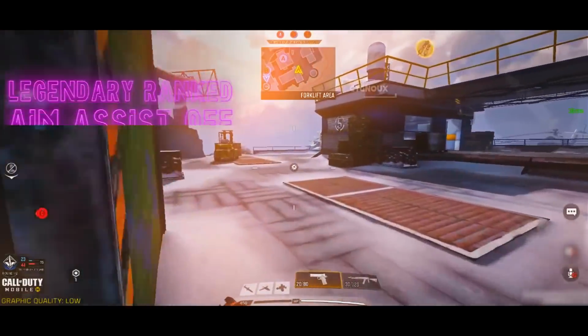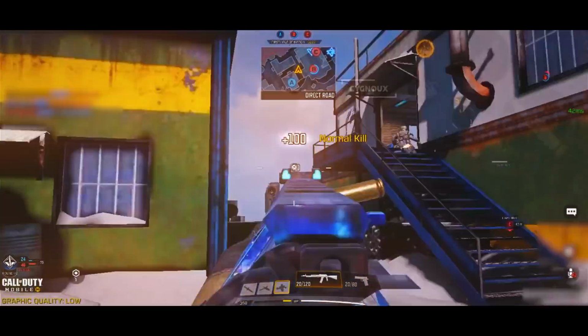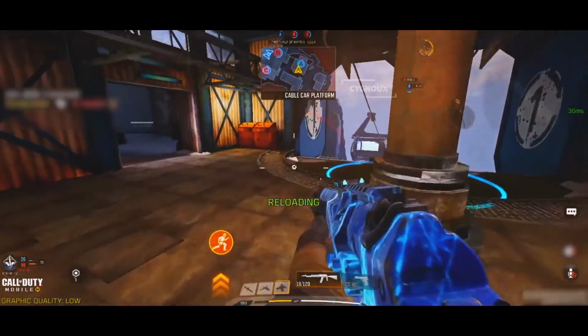Hey guys, welcome back to a new Gunsmith Analysis, and today I will be covering the ASM10 Assault Rifle, which is the best gun to use in Season 13 of COD Mobile. Before I start going over the builds and attachments, here are a couple of things you need to know about